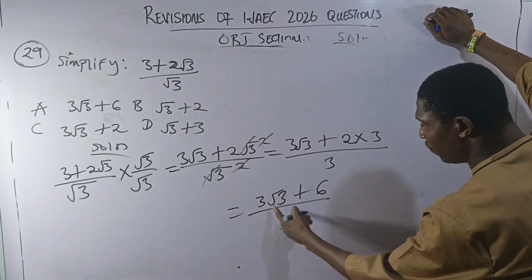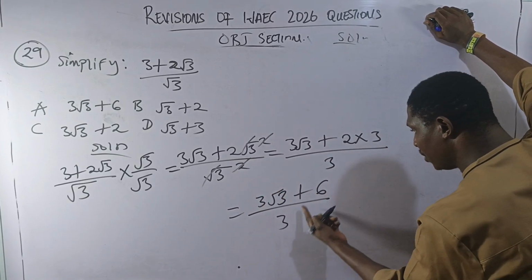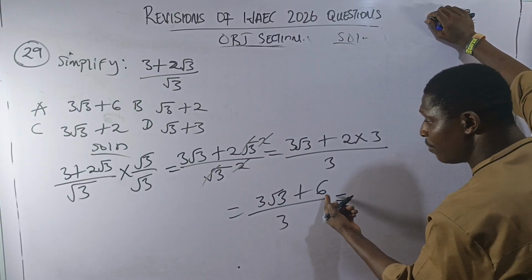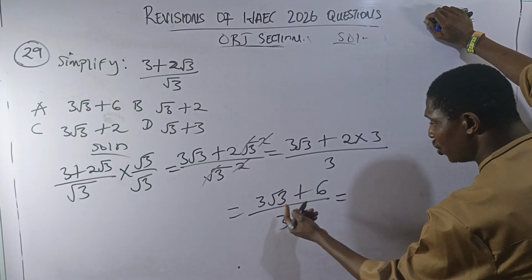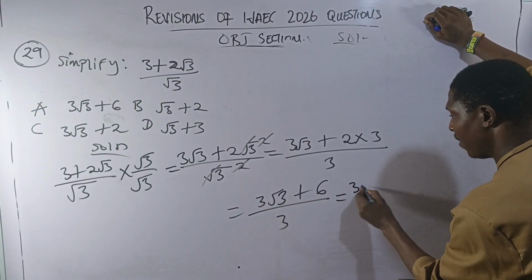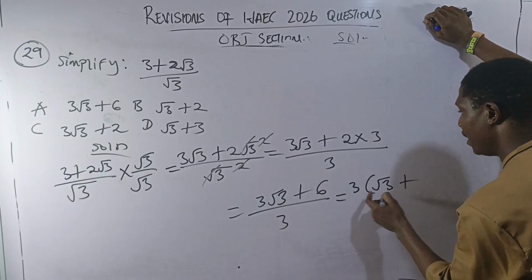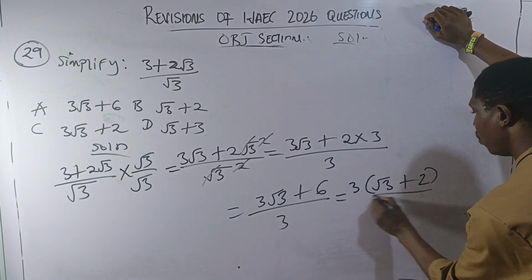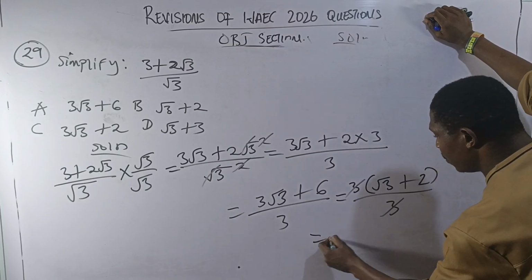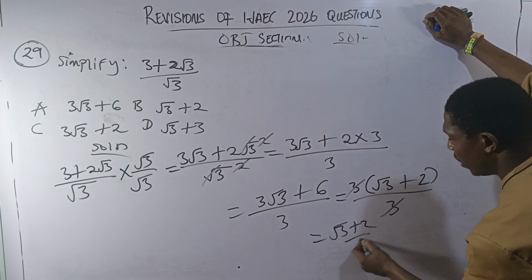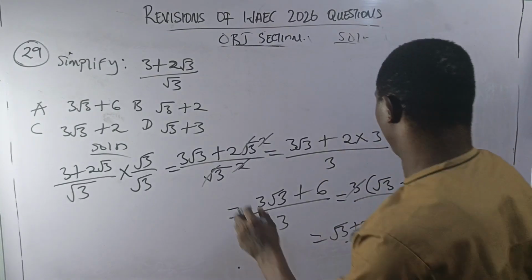I can use this 3 to divide this, and I can use it also to divide this. Or I can simply factor out what's common. 3 is common at the numerator. So I have 3 in brackets. 3 root 3 divided by 3 will give me root 3. And 6 divided by 3 will give me 2, all over 3. And this can cancel this. I'll therefore have root 3 plus 2 as my final answer, which corresponds to